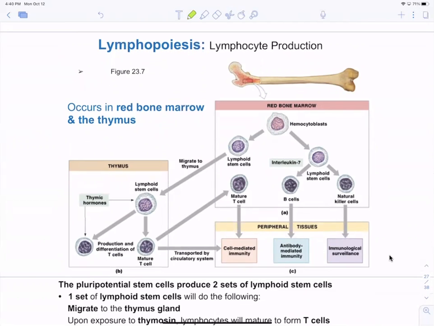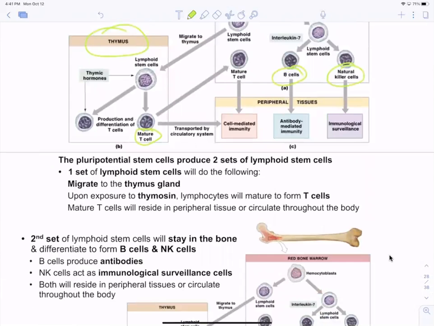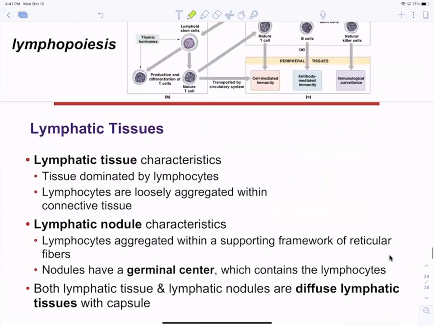lymphopoiesis, which is really hemopoiesis, but you have a lymphoid stem cell from the hemocytoblast, which is your formed element stem cell for all your blood. And the lymphoid stem cell either migrates to the thymus to become a T cell, or it stays in the bone marrow to become a B cell or NK cell. Some of those T cells can go back to the red bone marrow, but all T cells originate or mature in the thymus. This is lymphopoiesis, so the production of